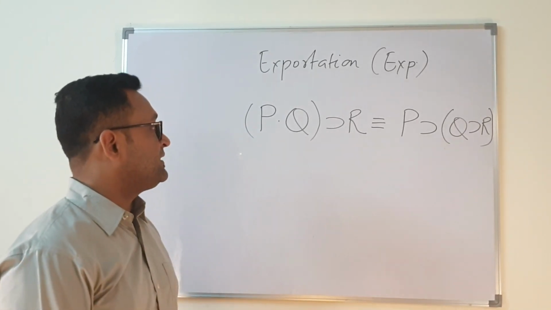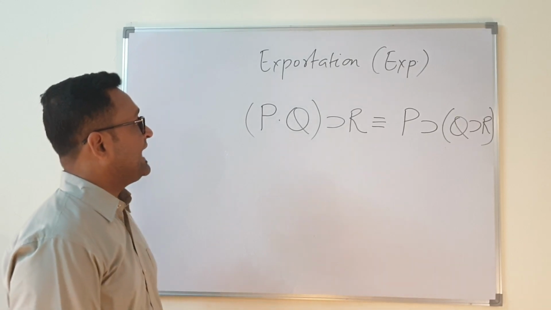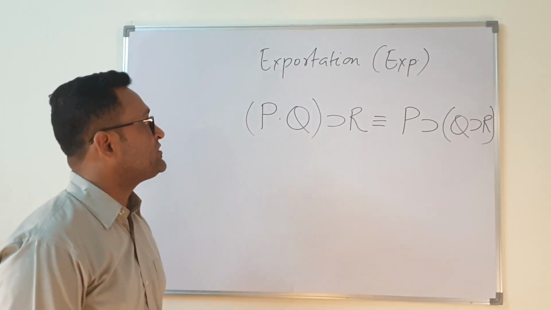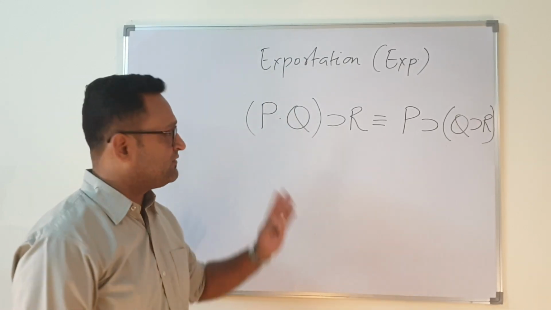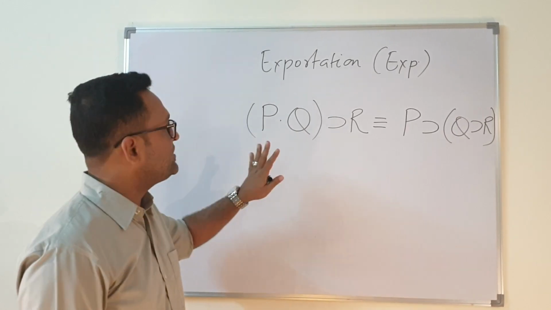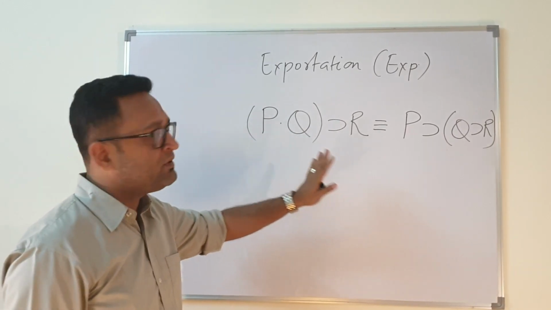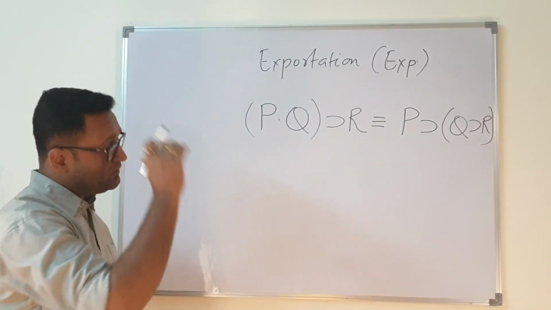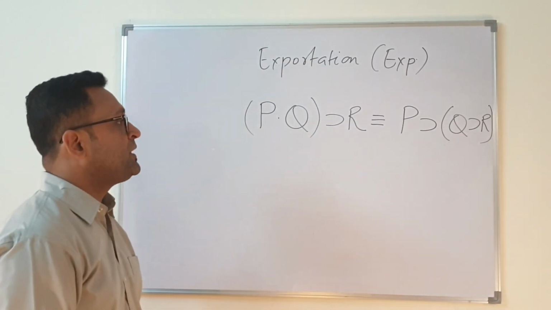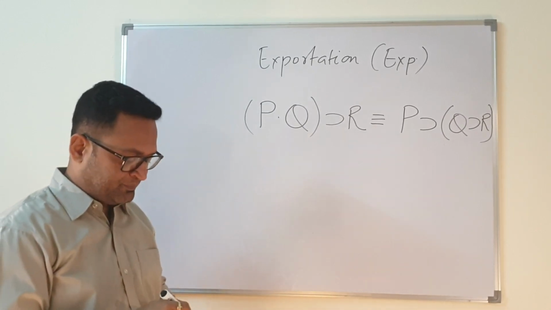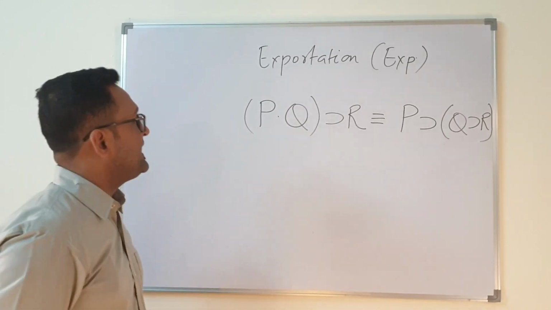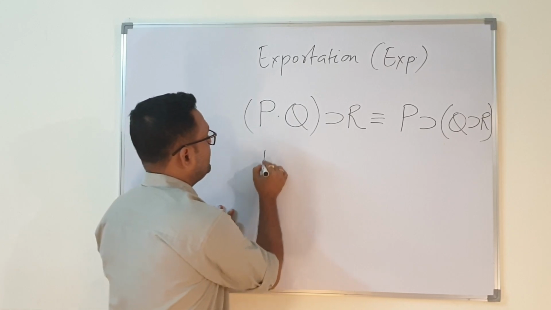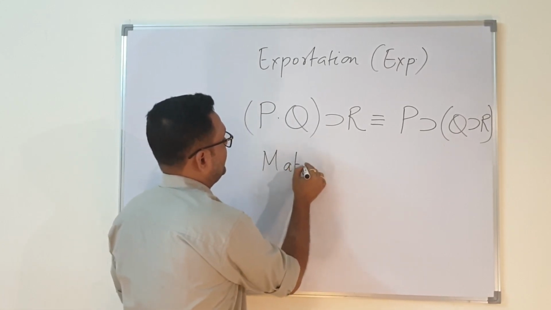So this is also something which you should remember, that we can change conjunctions to implication with the help of exportation. If we get a question which is having more or less this form, you can change it like this. So (P . Q) implies R will be equivalent to P implies (Q implies R). Now the next rule which we will be talking about is that of